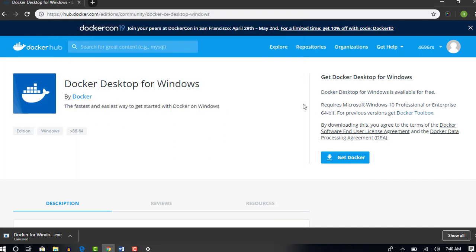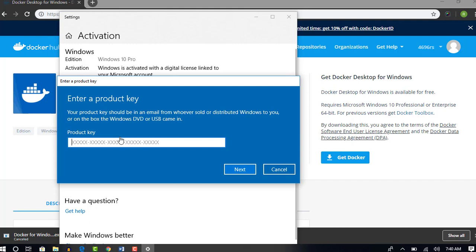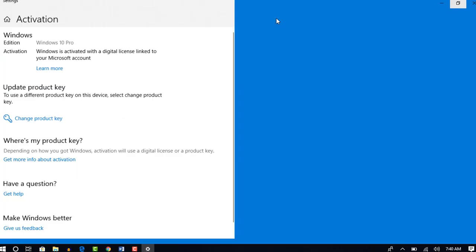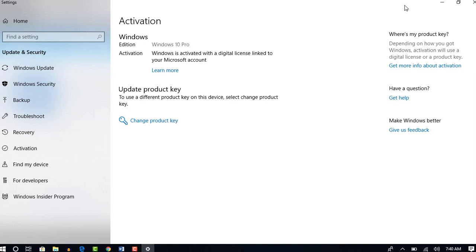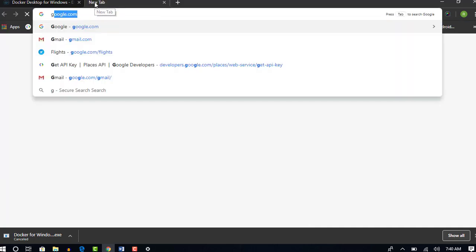So what you can do is buy it from the App Store. It will cost around $100, I guess. When you click on change product key, you can go to the Windows App Store and buy this product. Or there is one more option where you can search in Google, like if you need a license for Windows 10 Professional.